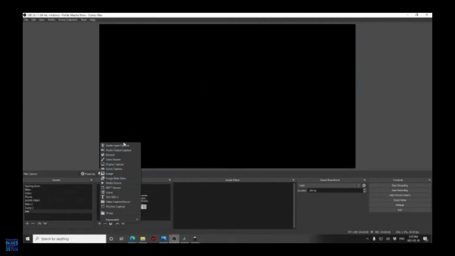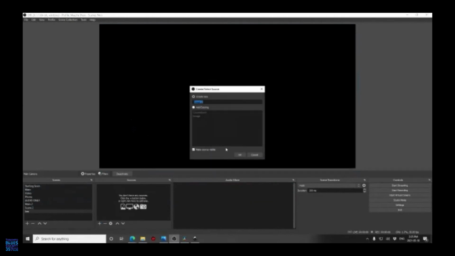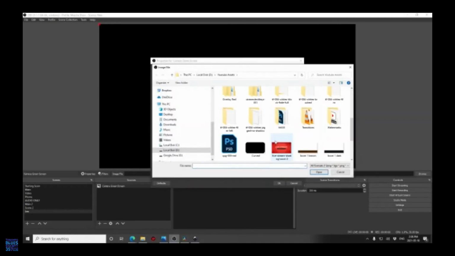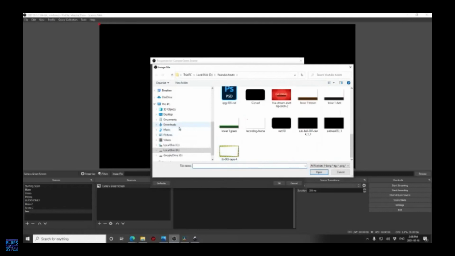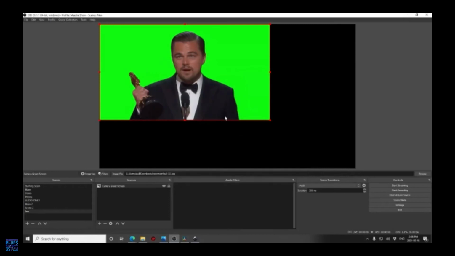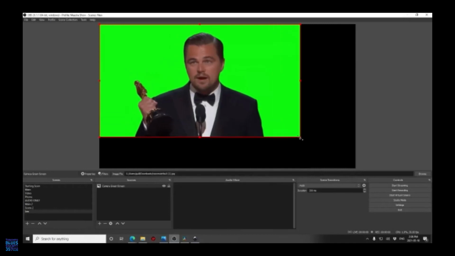And we're going to add, in this case, it's an image, but let's just pretend that this is your camera with a green screen. Obviously, Zoom allows you to do this by default, with some faults sometimes. But normally, if you have a green screen, it would look something like that. Obviously,